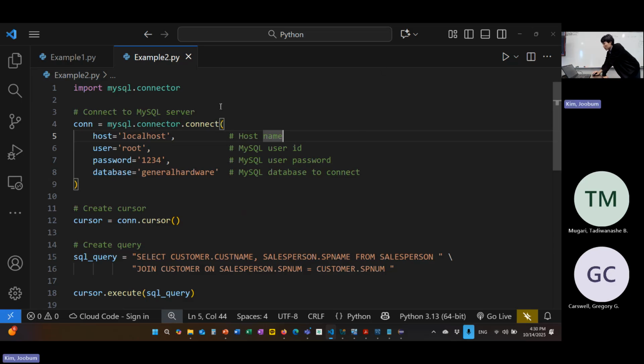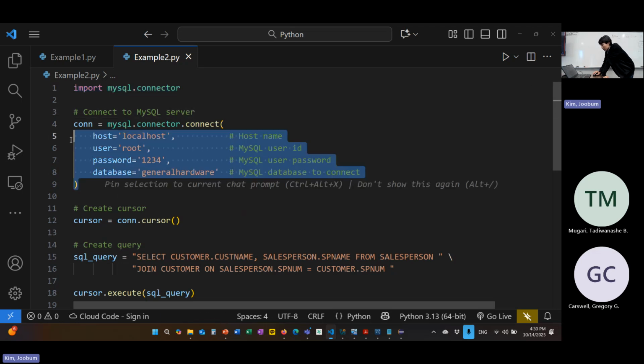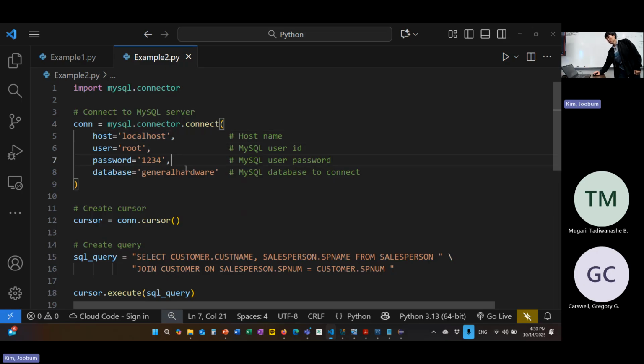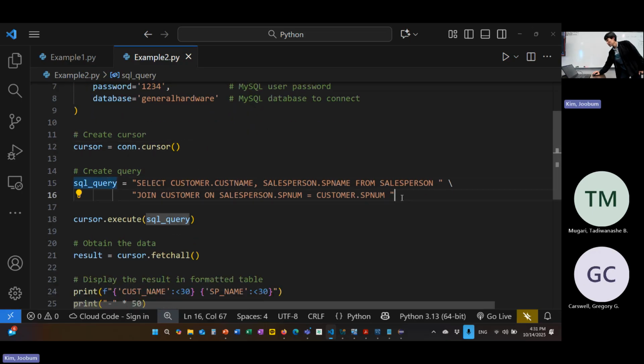Okay. First of all, import the MySQL connector library, and then connect to the general hardware DB, the same: localhost, root, 1234, and the general hardware DB. And then get the control by calling the cursor method. And then create a query. Select customer name, salesperson name. So I'd like to get two columns, salesperson name and customer name,